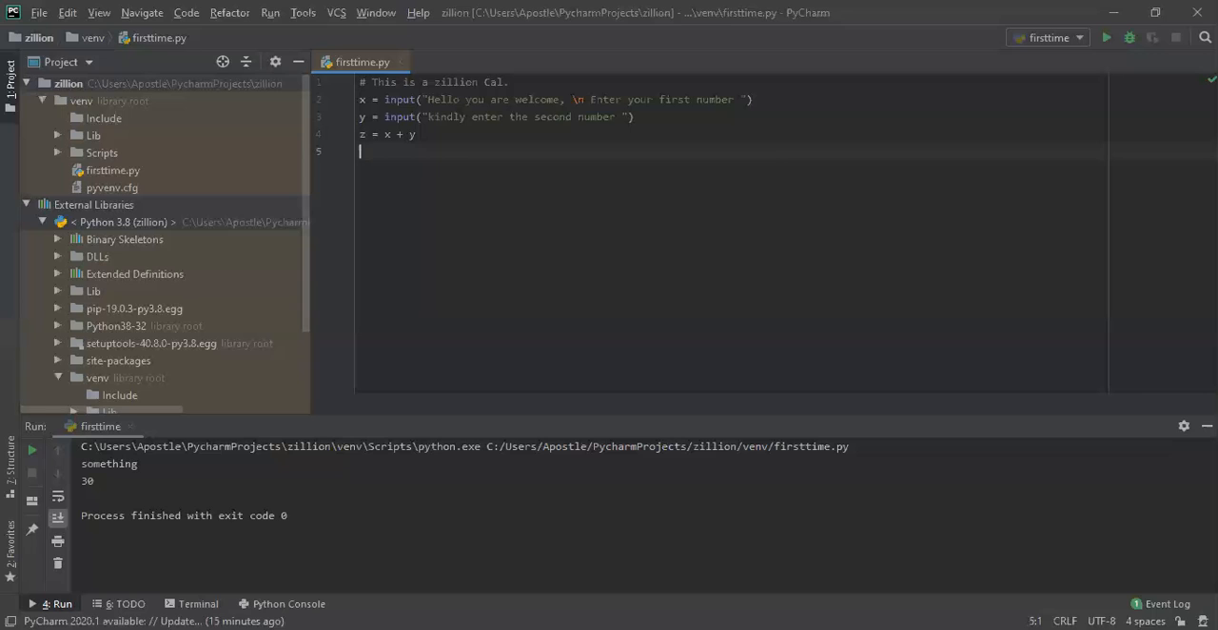Okay, so now print out that we want to display our answer. Your answer, your result is plus, and this time around plus what? We know that we use the plus to add,